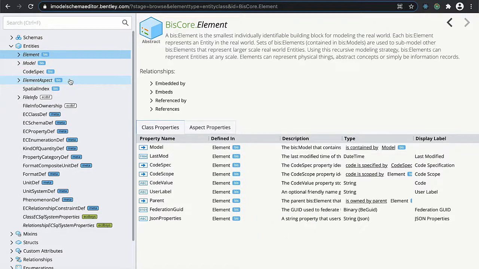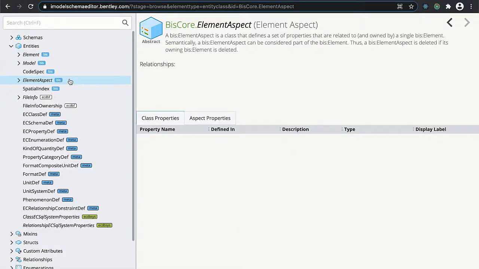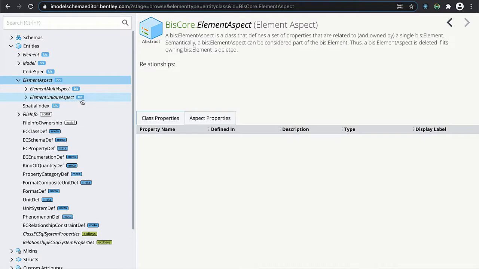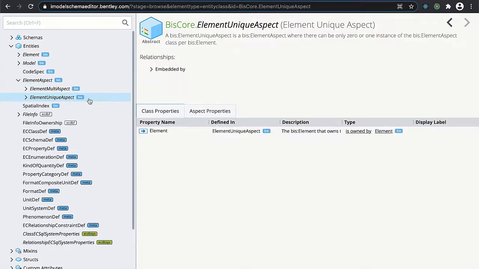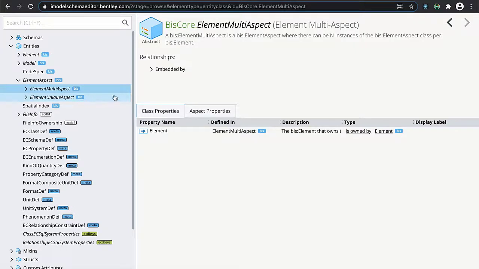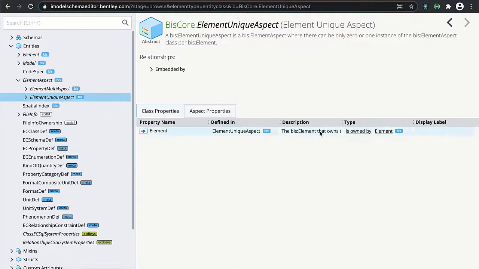And if you want to extend an element, you can use an element aspect. It adds a set of properties to an element. They're not on the element, but they're owned by the element. And there's two special types of element aspect. One is unique aspect, where there may only be one instance of a particular element aspect class per element. And there's multi-aspect, where there may be any number per element. They are connected back up to their element using a navigation property, and the element owns multi-aspects or element owns